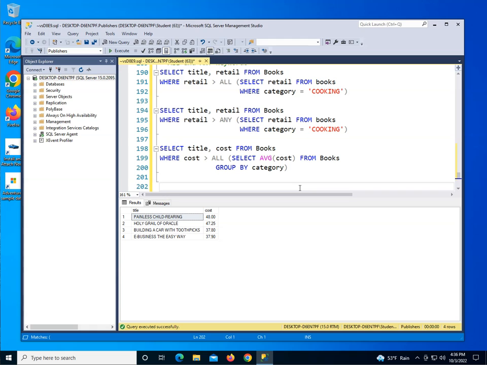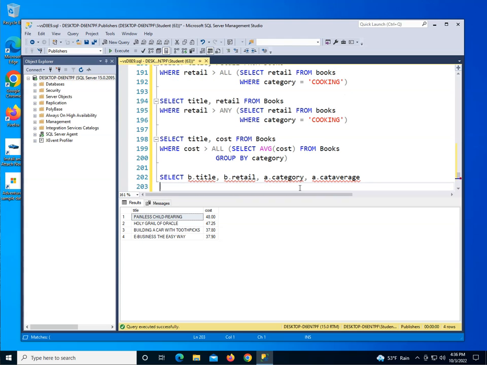Let's do another complex query. This one is going to be interesting. We're going to use a bunch of table aliases. B.title, as you might expect, B is for books. B.retail. And then I have A.category. Now we don't have any tables starting with A, but let's see what this is doing. And A.cat_average. And there is no field called cat average, but we're going to create it from books B,